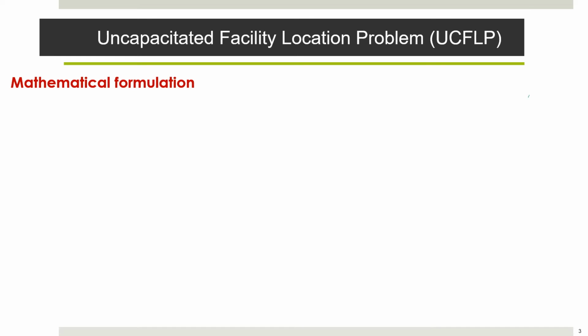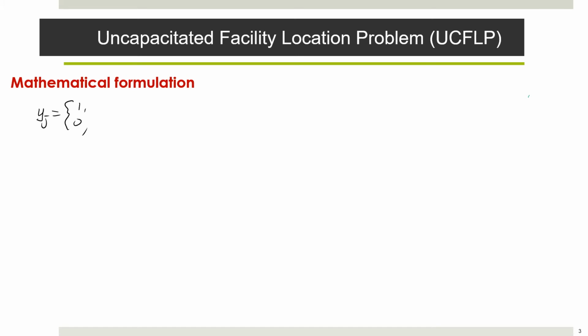Okay, so actually in this problem, we have two decisions. One decision is to identify to which potential locations I am going to locate these new facilities. So there are n existing or potential facility locations. So for this purpose, I'm going to define yj as a binary decision